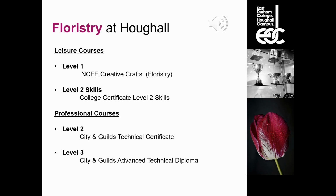We've got loads of years of experience between us, and we offer leisure courses and professional courses. So leisure courses, we offer the level 1 in creative crafts, floristry. We do level 2 skills, and they're both leisure courses, which we're going to go into in more detail. And then in terms of professional courses, we've got our level 2 City and Guilds and our level 3 City